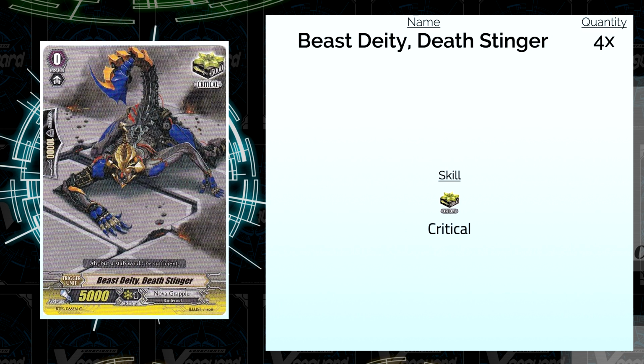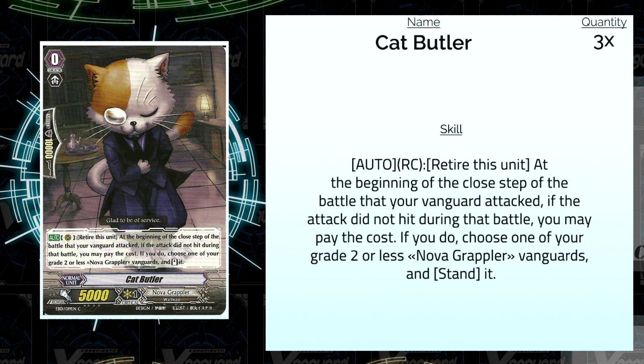Also, kind of strange, the 3 last grade 0s that we have in the deck are 3 Cat Butlers. Now, Cat Butlers is at their strongest when they're played on turn 1, turn 2, pretty much before your opponent gets to grade 3, during your big pressure, not final push, but very close to end gaming sort of pushes. Just because he restands if your Vanguard doesn't hit, has to be a grade 2 Vanguard, but again, since you're